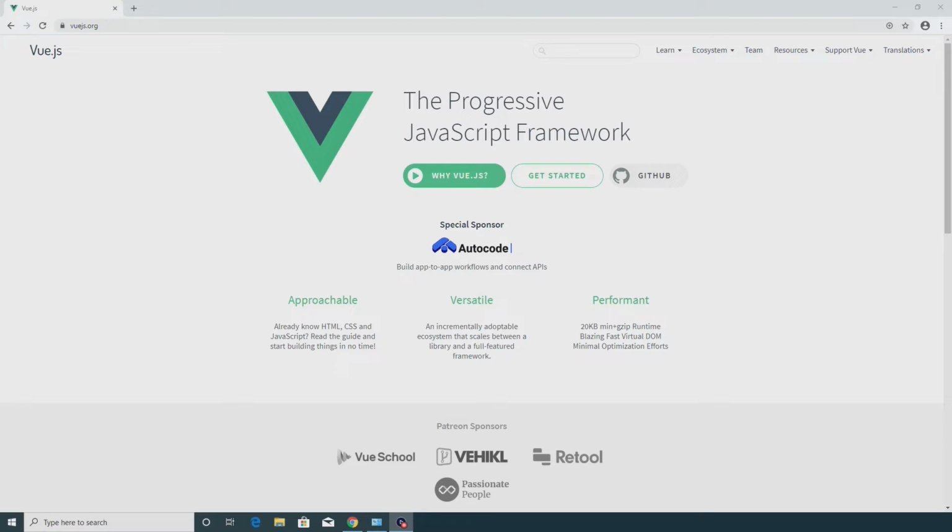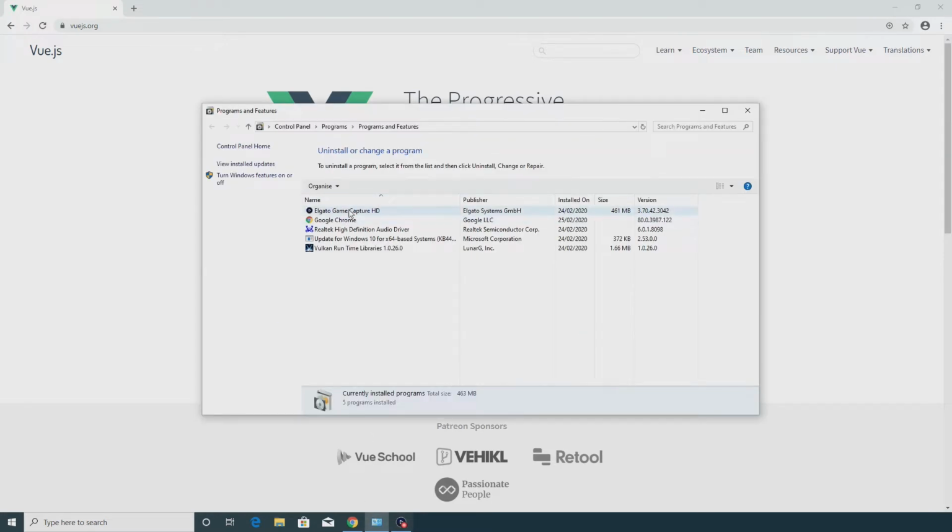In this video I'm going to set up a Vue.js development environment from scratch on a Windows 10 PC. This PC has only the operating system installed on it, together with the drivers and Chrome, as you can see, and the capture software that I'm using. So by watching this video you should learn how to download, install and configure everything that's required to start creating